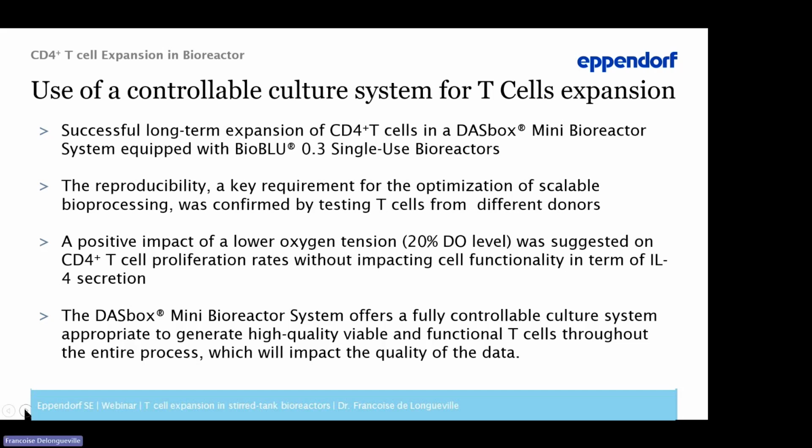The importance of controlling oxygen level inside the T cell culture has been emphasized in several studies, and we have seen a positive impact of a lower oxygen tension, 20% instead of 70%, without impacting the functionality of the T cell by interleukin 4 secretion. This study illustrates definitely the advantage of a controllable bioreactor-based culture system for the development of a scalable T cell production process. In conclusion,